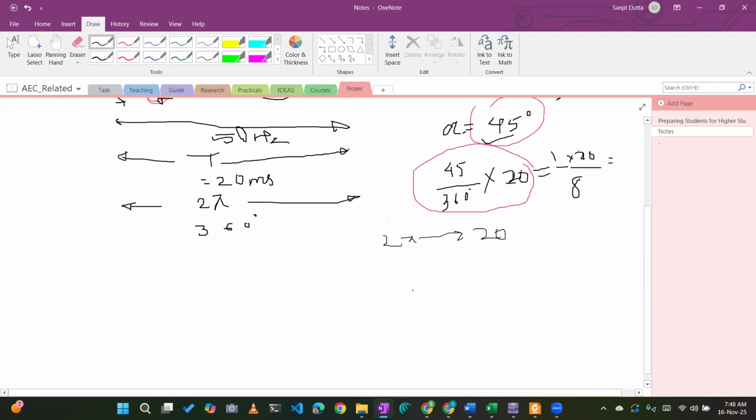So obviously pi is equal to 10 milliseconds, and pi plus alpha is equal to nothing but 10 plus 20 divided by 8,